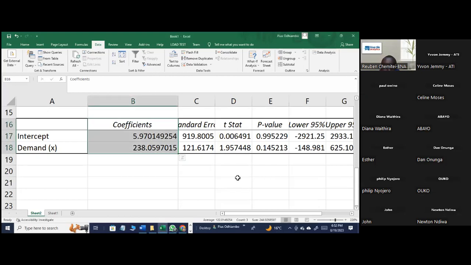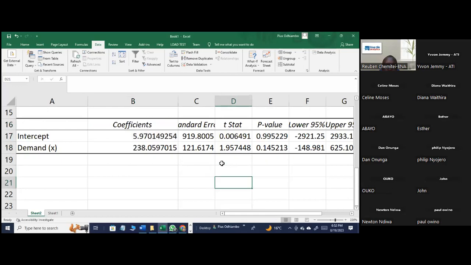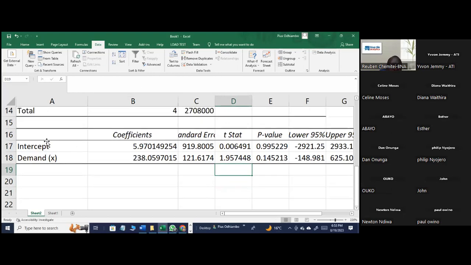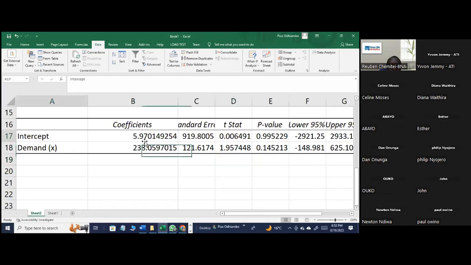Okay, let me come back again. Let me explain the same thing. Now, the values that we will be interested in here is what we call the intercept. You can see here the intercept. The intercept here is 5.97. Okay. And the variable x, which is demand, is